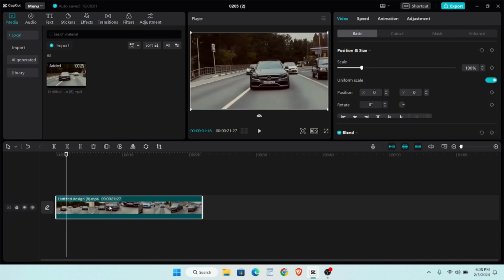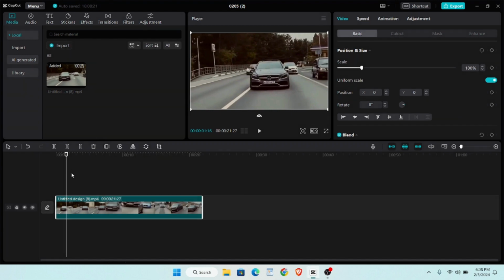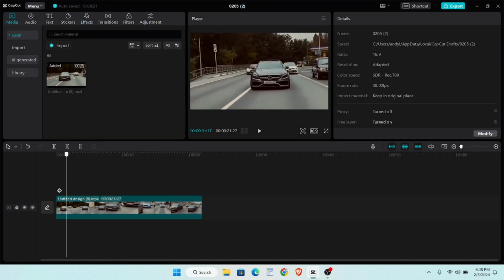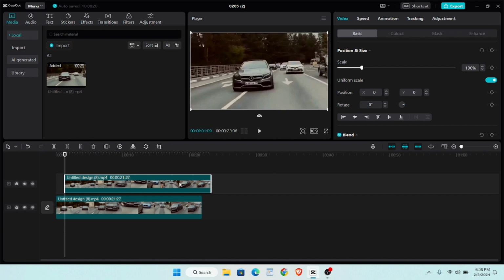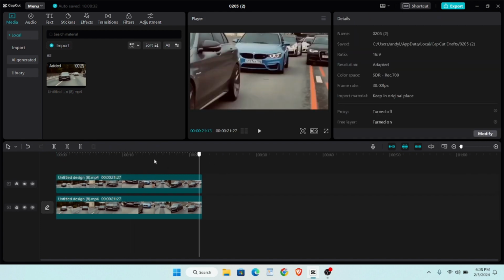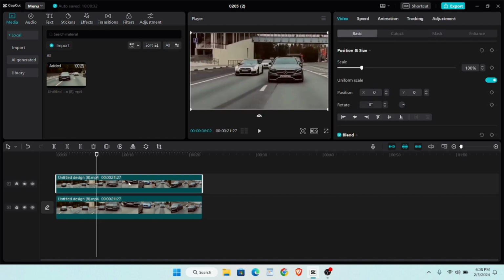So now just click on your clip, right click on it, and then you will see copy, Control plus C. You can use that shortcut key also. Just copy and then paste it here. Like right click on it and then you will see paste. Click on it, then just adjust the full clip actually, then select this upper clip and then click on